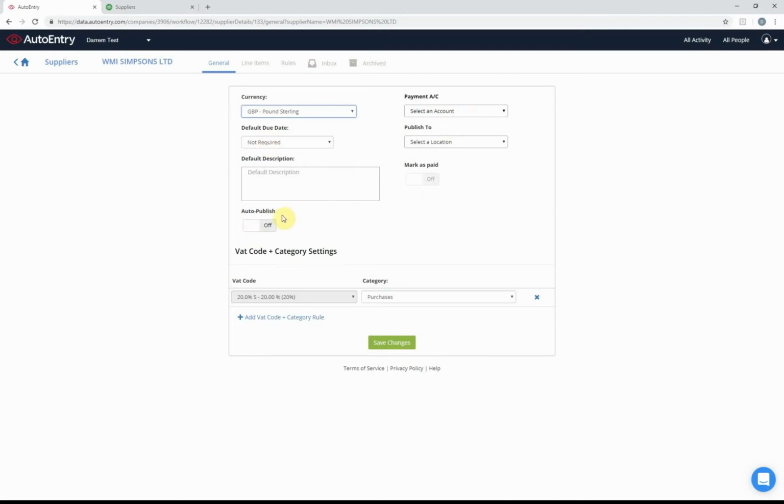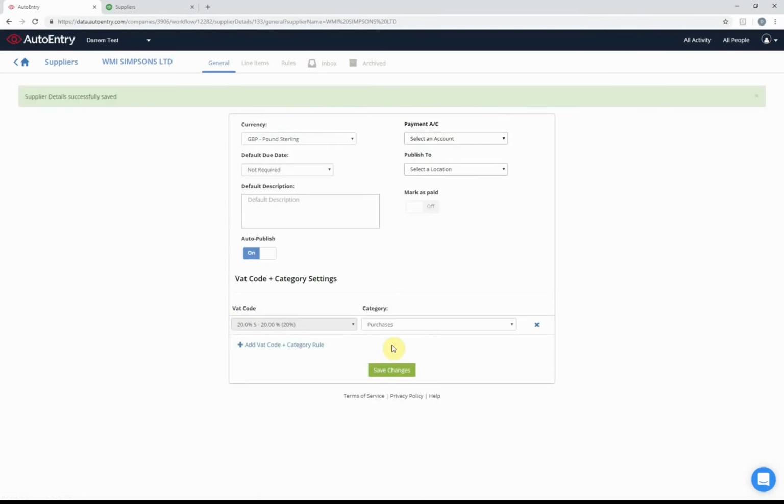If it goes to a payment to account, if you're doing the payment from inside, you can see here this is the category that this is the bits you want to set. So it always will go to purchases and it will always be 20%. If you click on auto publish and save changes, what will happen is if there are any more WMI Simpson